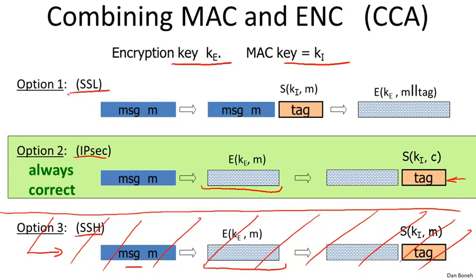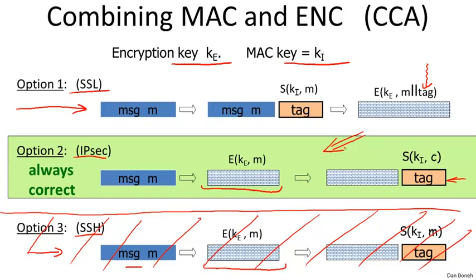As it turns out, for the SSL approach, there actually are pathological examples where you combine a CPA secure encryption system with a secure MAC, and the result is vulnerable to a chosen ciphertext attack so that it does not actually provide authenticated encryption. Basically the reason that could happen is that there's some sort of bad interaction between the encryption scheme and the MAC algorithm such that, in fact, there will be a chosen ciphertext attack. So if you're designing a new project, the recommendation now is to always use encrypt then MAC because that is secure no matter which CPA secure encryption and secure MAC algorithm you're combining.